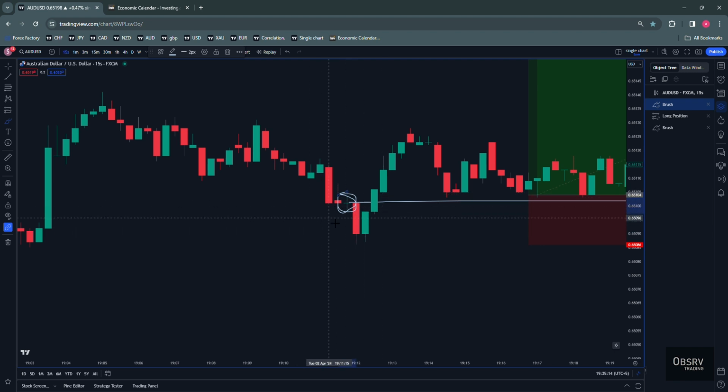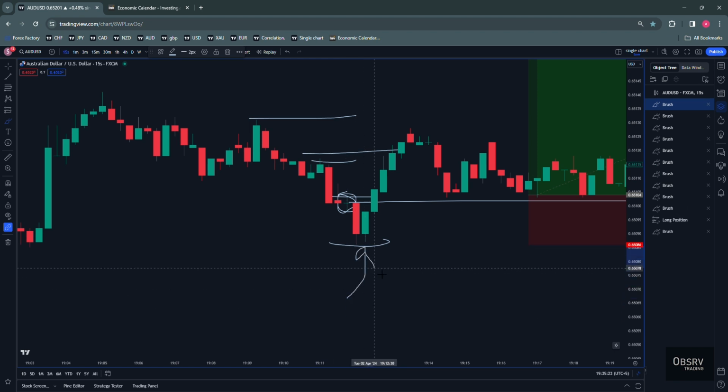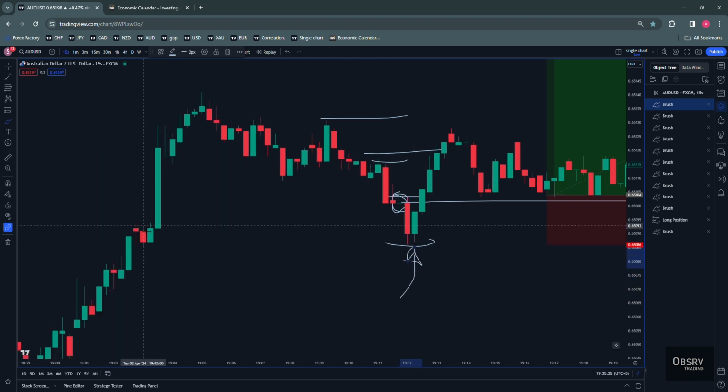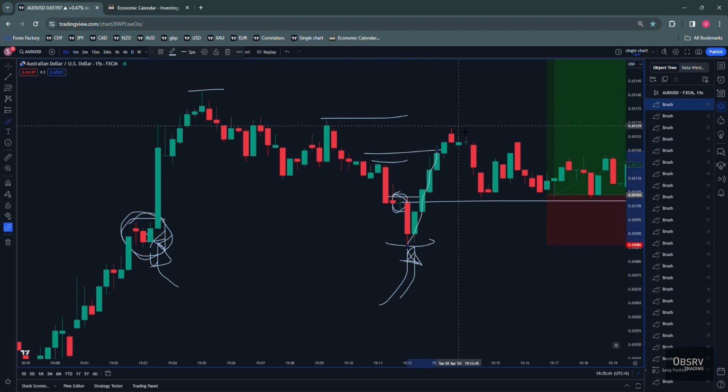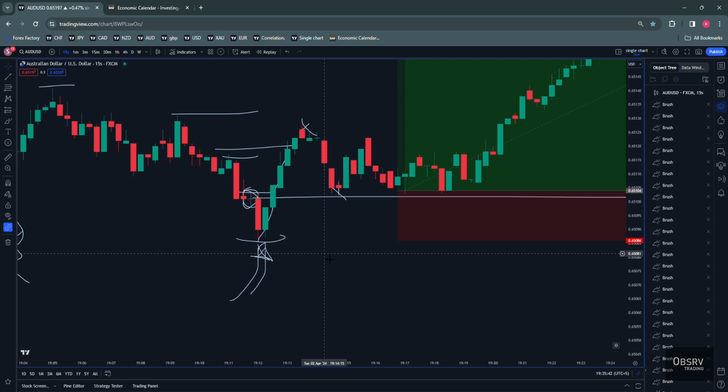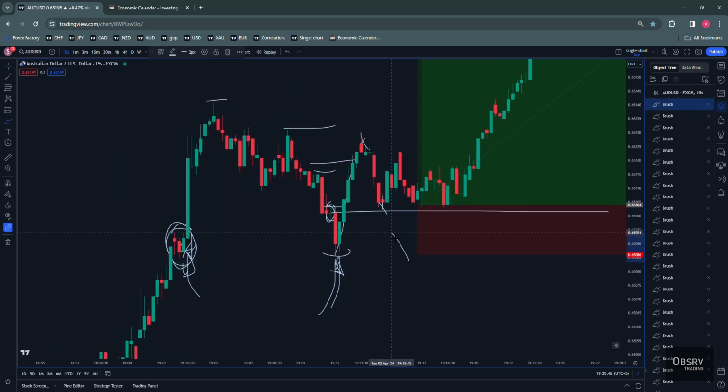Someone tries to buy, fails, price goes lower, everyone wants to be in on the sell side, stop losses above this or this, and then the buyer comes back. Where from is the question. From the demand that was formed that went through all the support and resistance, right? This is all one buy. At any point in time during this pullback, you do not kill this. And as this comes back stronger, making higher highs, puts in a higher low, starts to hold, any trade that you take after this, here, here, here, here, is going to be a good trade.